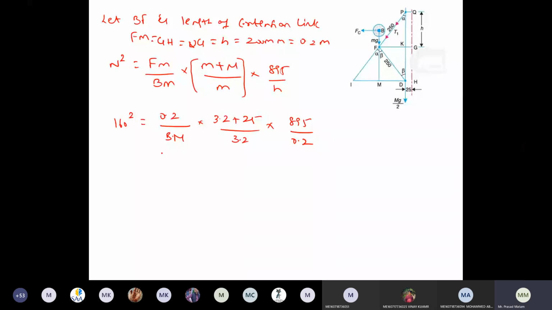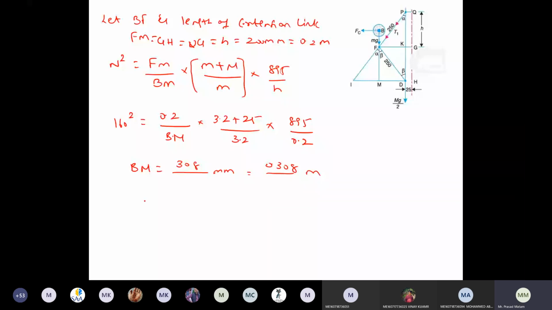Okay. Now try to find out the BM value from this equation. Can anyone solve for the BM value? Get it in terms of mm. Later I can write it in terms of meters. 0.30. One more, can anyone solve? 0.308, 308 mm, right. That is 308 mm, 0.308 meters. We get the BM value.